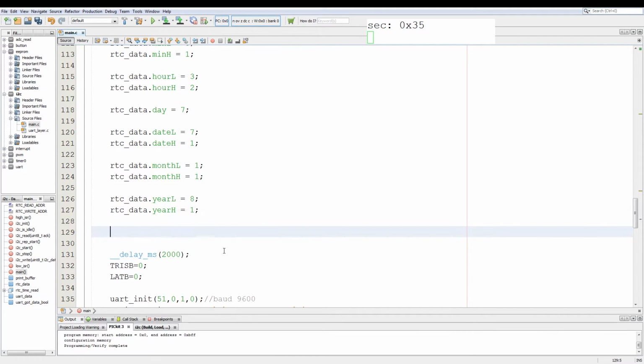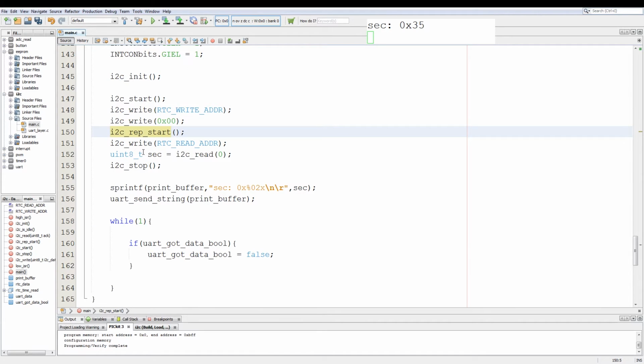Then we add in a memcpy of RTC buff, and we copy RTC data into it, and sizeof RTC data, and we reference RTC data.